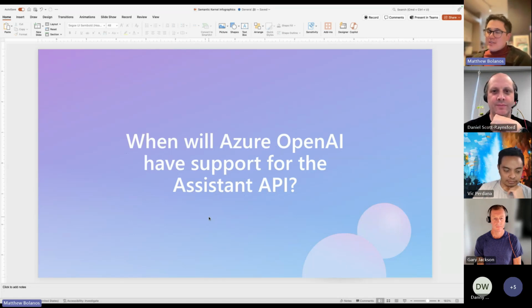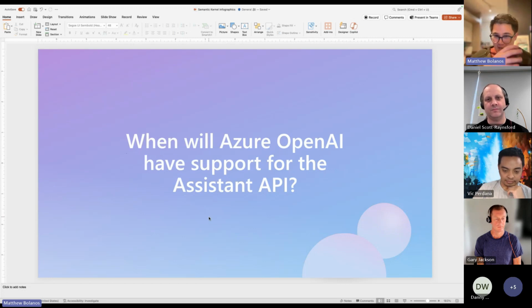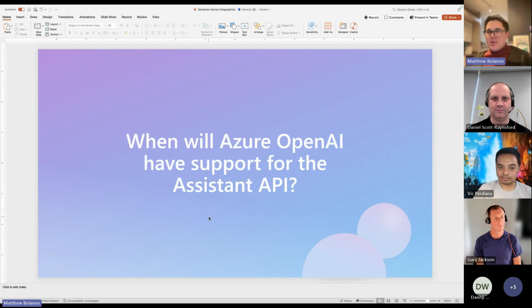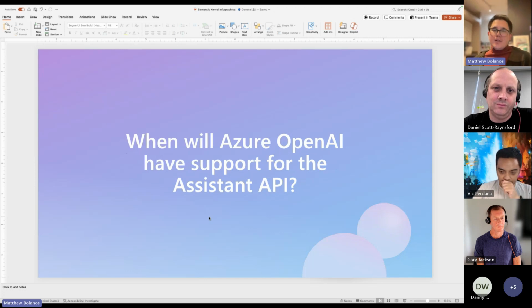My assumption, this is based on just my understanding of how Microsoft works, is that the OpenAI Assistance API is like a legit service, right? Like it has to store the chat objects. It has to create these Python sandboxes. Like it's doing a lot more than just having an in and out of a model. And so the Azure OpenAI team probably had a lot more work on their plate to support this entire feature set. But they are working on it. It's coming soon. We just have to be a little bit more patient.